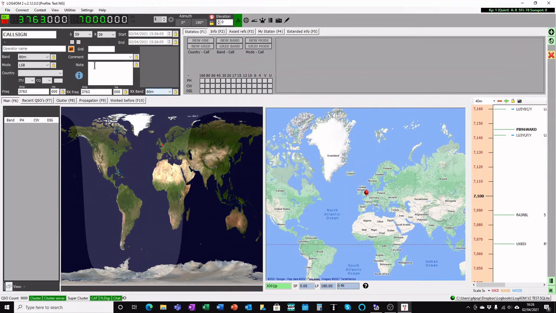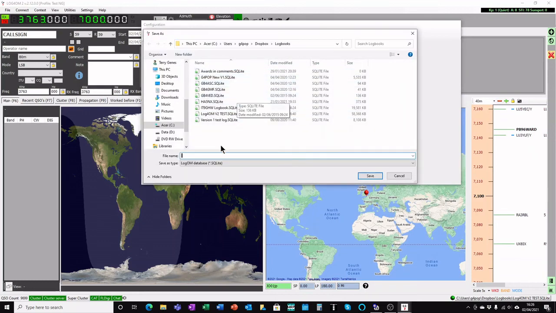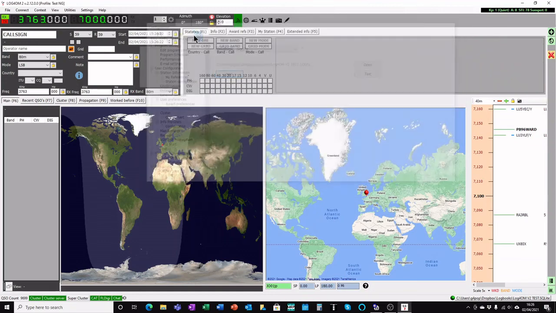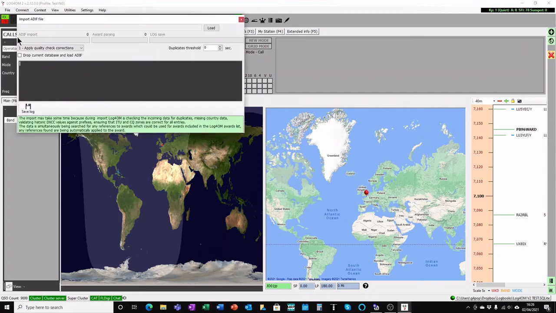All you need to do is to make a new database by going to the program configuration, database, and make a new database, clicking the new button, create a database. I won't do it now because I've got one there already. And once you've done that, file, import ADIF,